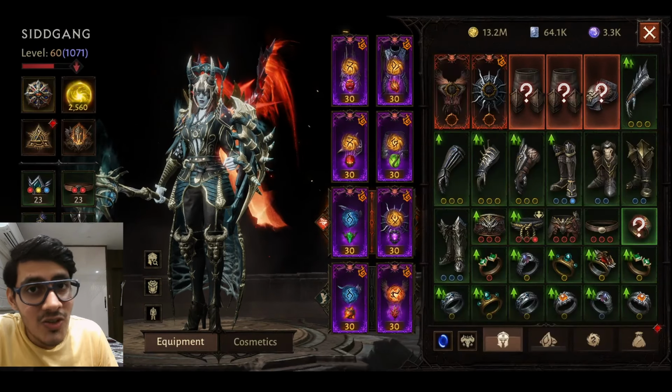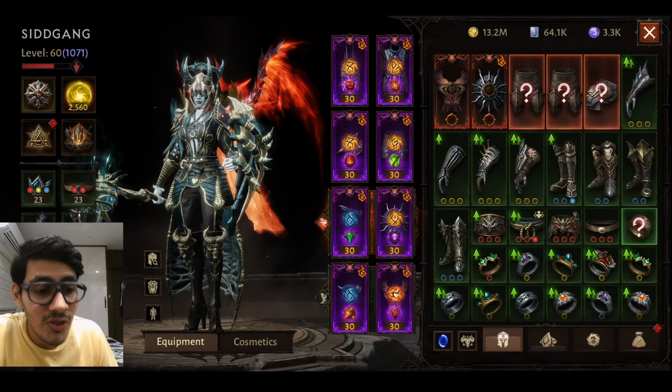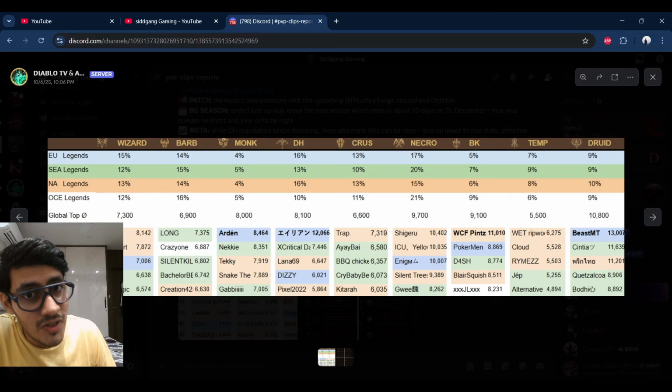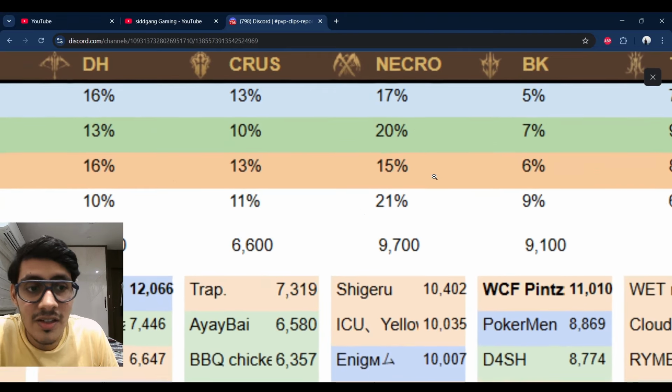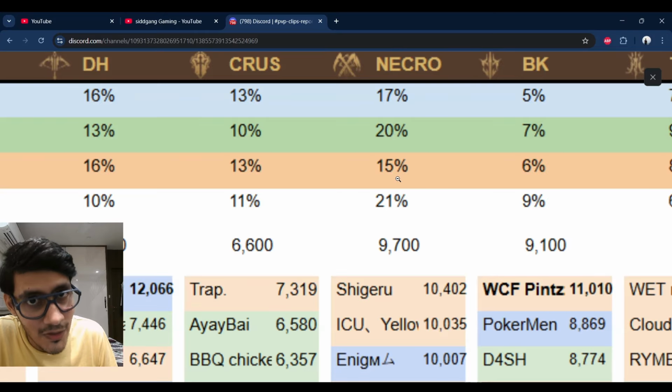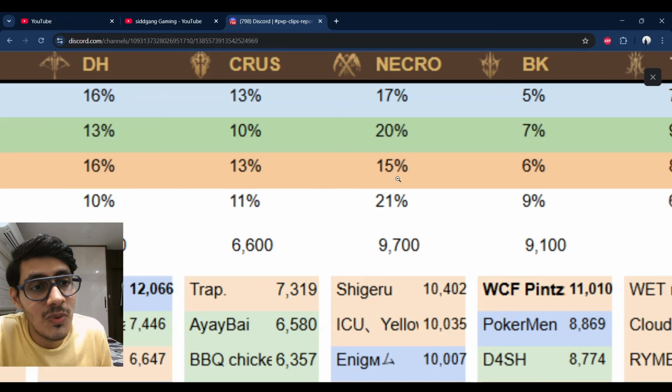There has been a rise of Necromancer across all the regions. As you can see from this chart from Diablo TV, which released data for PvP, a lot of people are playing Necromancer. In fact, the most number of classes in the Legend rank is the Necromancer. And this data is from last week, and I believe this week even more players have switched to the